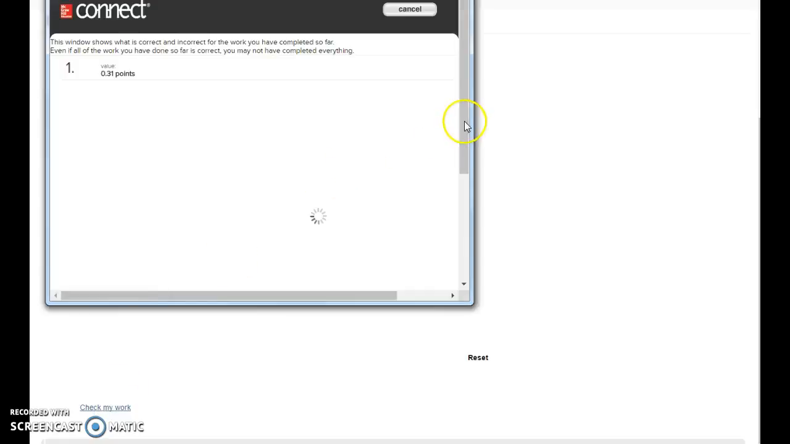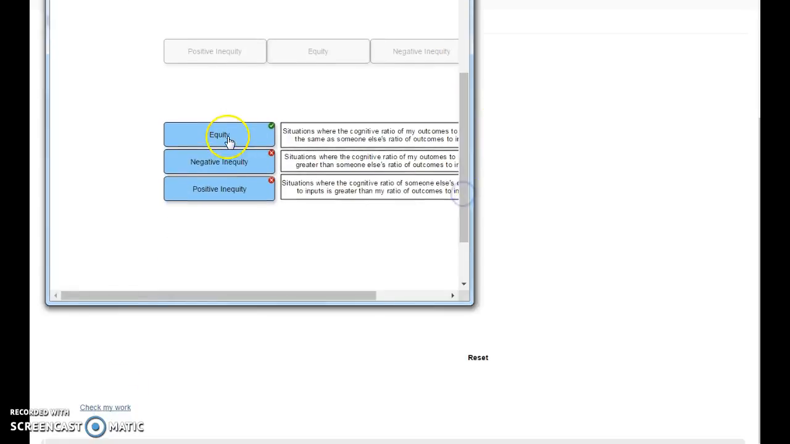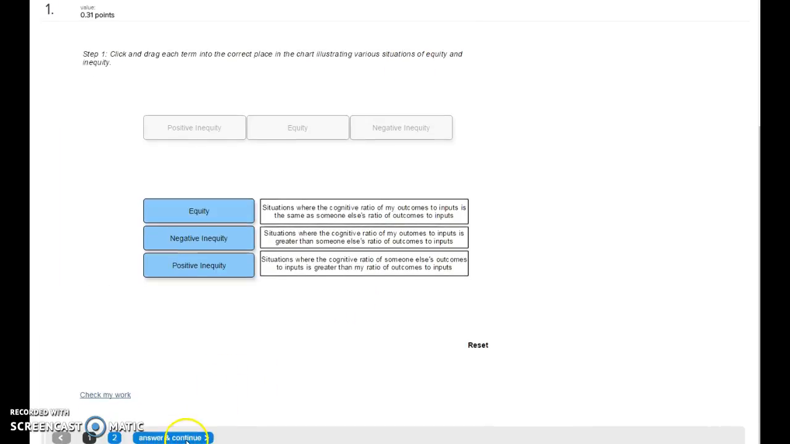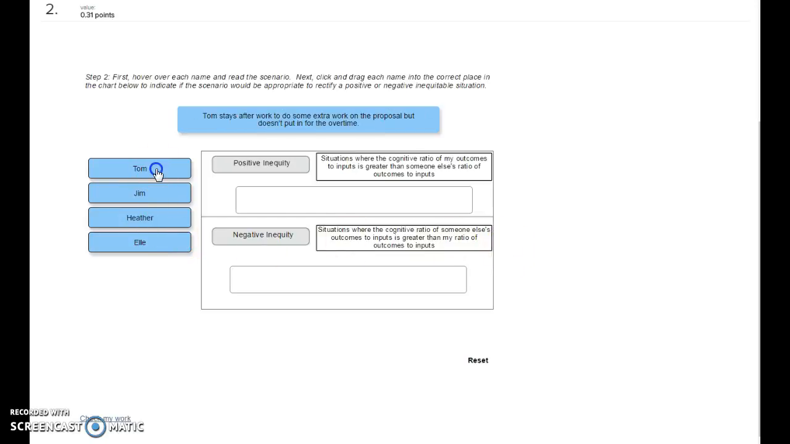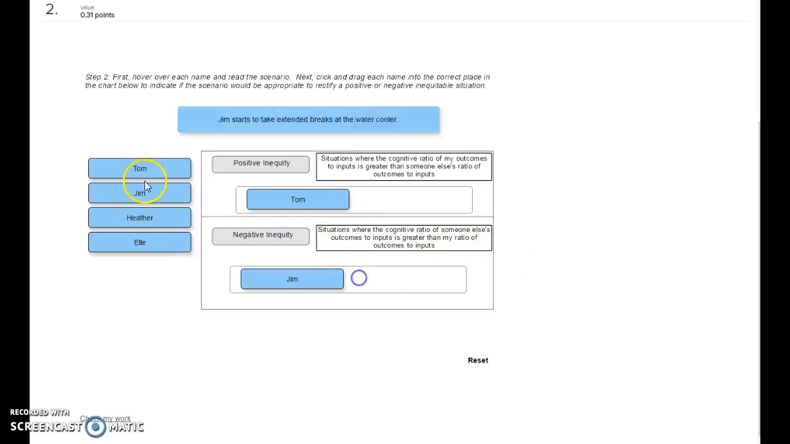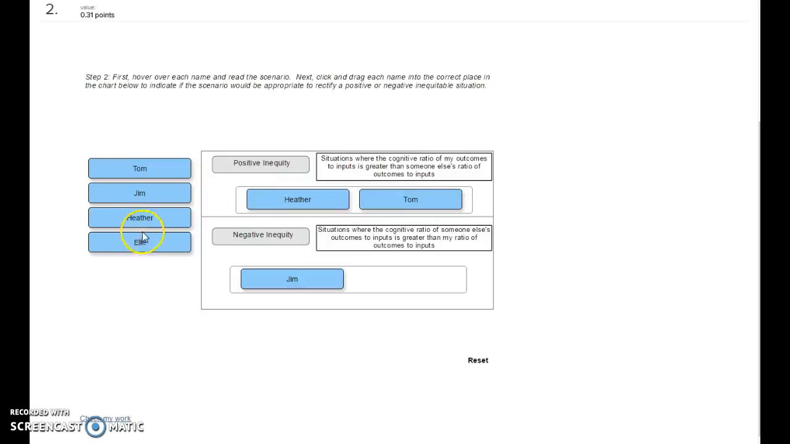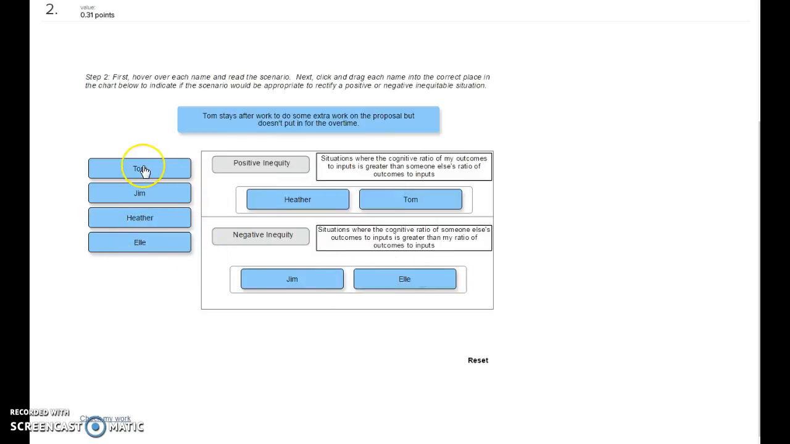Click on check my work again. Hey, the first one's right, those two are wrong. I need to go back and work on it again. I'm just going to say answer and continue. This one, Tom, Jim, Heather, Ellie. What you would do is hover over them and read: Tom stays after work to do some extra work